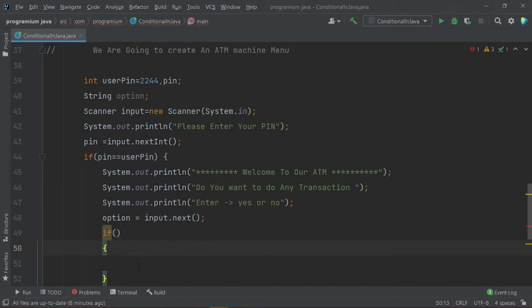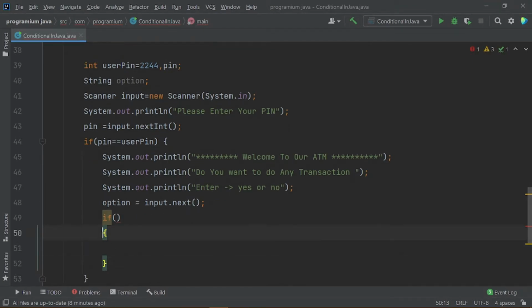Using the other kind of syntax is no problem, but it looks ugly. So this is the syntax I would be using throughout this course. So here is the condition in these brackets that we want to test. So what are we testing? Let me say option.